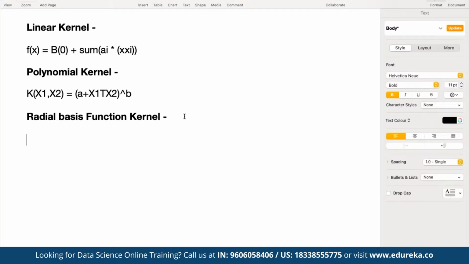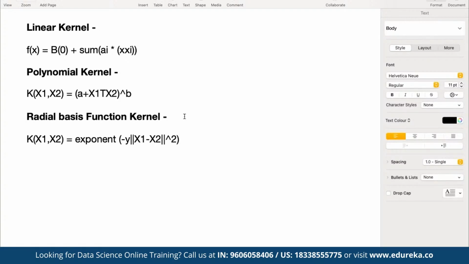So basically, if we talk about the actual dimensions here, we can represent it as K(x1, x2), and here we find the exponent, where the exponent is going to be minus gamma, let's say we represent this as y, times x1 minus x2, raised to the power 2.